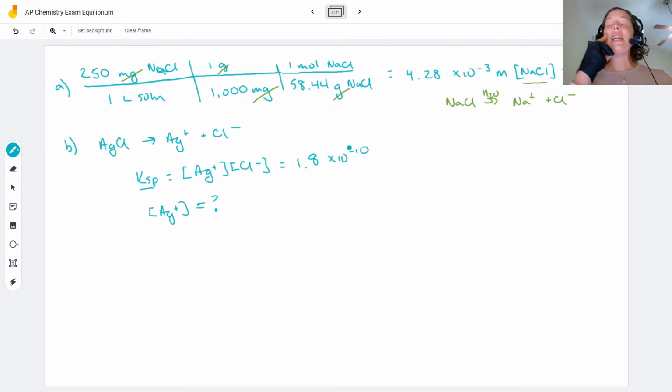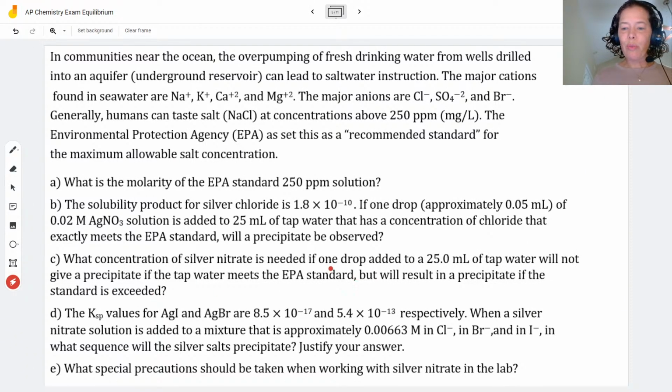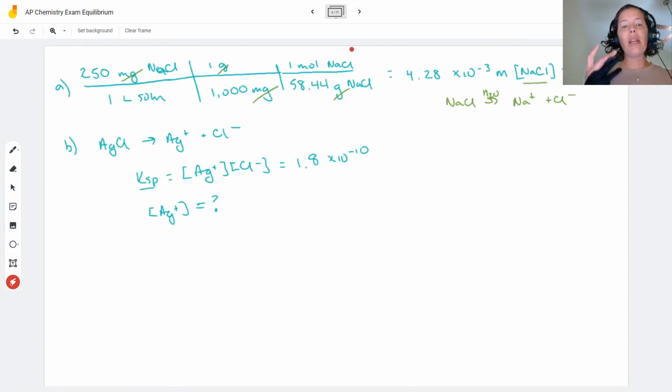So if we need a concentration of silver, then we're going to need moles per liter. Again, this is maybe a little bit slower way to go through this, but this is a way that works with the chemical equations, I think, better. So what we did, if I go back to the question, is we added 1 drop right here, and they gave us a volume. And we know the concentration of silver nitrate. So we can figure out the number of moles of silver in that 1 drop. And once we know the moles of silver, of course, we can get the volume, which leads us to the